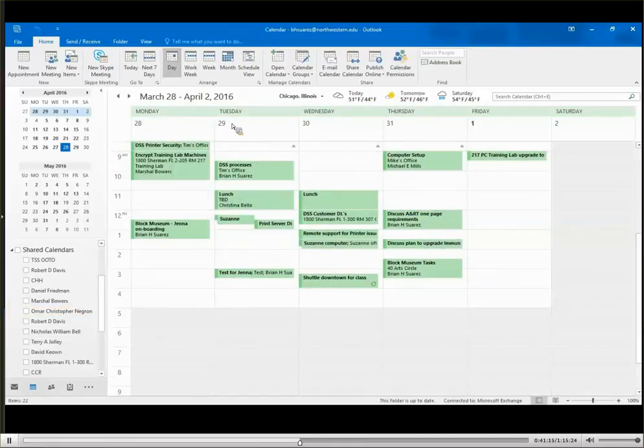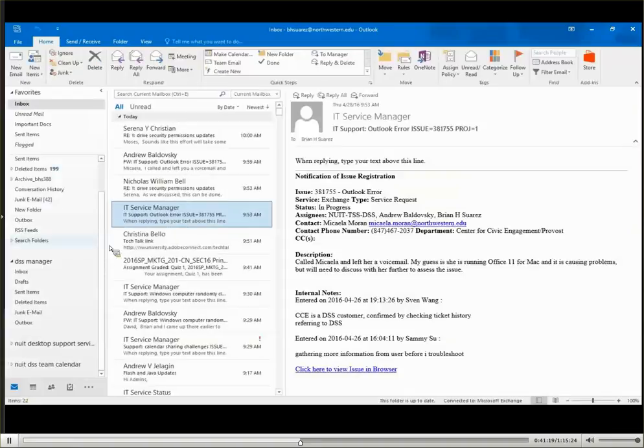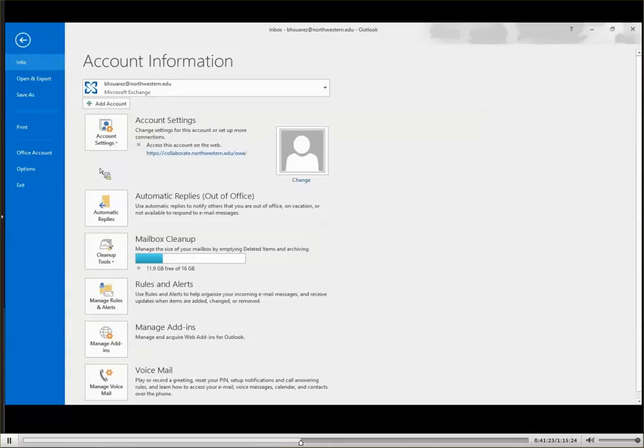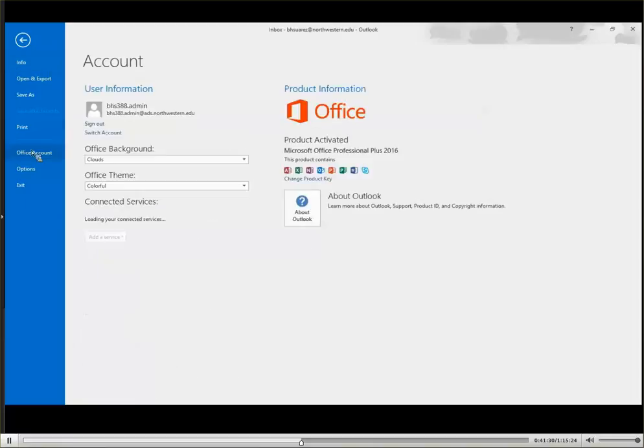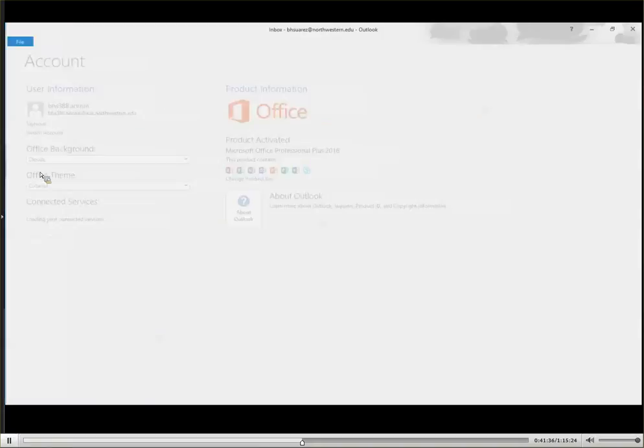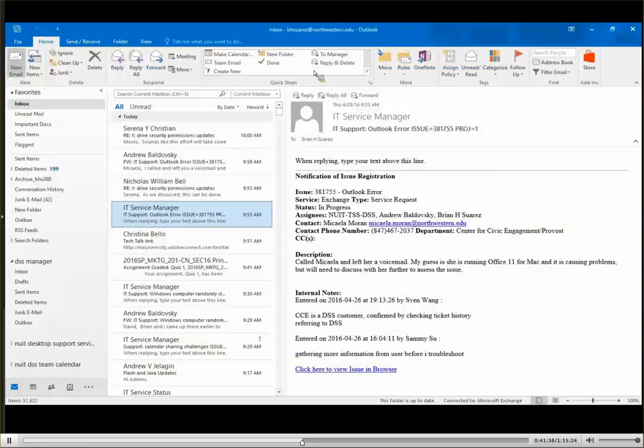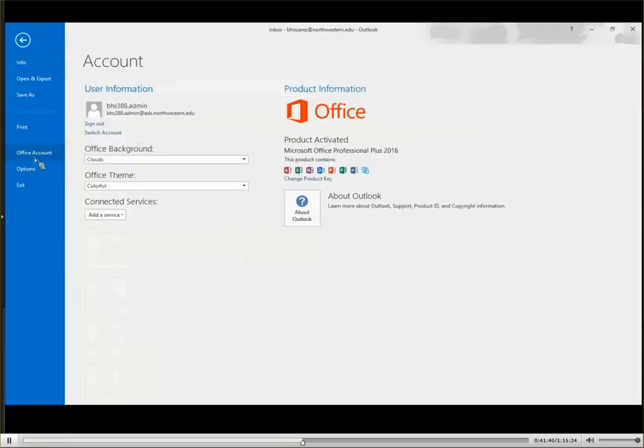Now, one of the big features that Microsoft's pushing is their cloud integration. So the Windows client doesn't have as much as the mobile app, the smartphone app, and I'll get into that in a little bit. But what this has here is you're able to connect services to your Outlook. Now it's loading my connected services, but at this time, all you'll be able to do, because they're still doing upgrades, is your